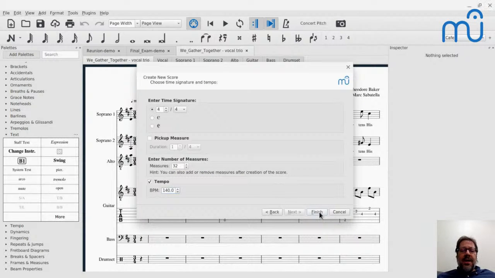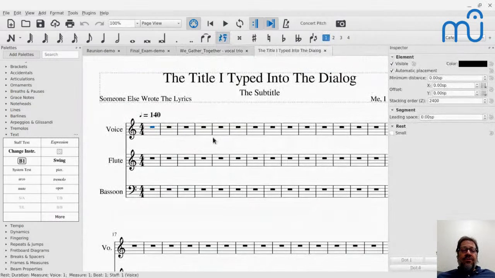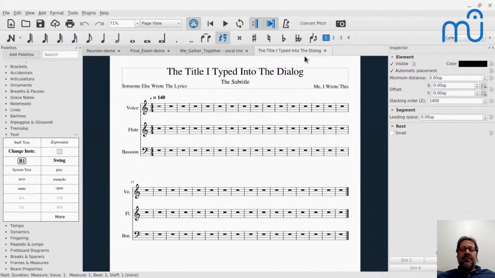There you go. So when I hit finish now, you see all the stuff that I entered is here in the score, and it all actually has meaning. Well, not all of it, but this title here is actually recorded with the score, and if you generate an MP3 file, I think it becomes part of the metadata, although don't quote me on that.